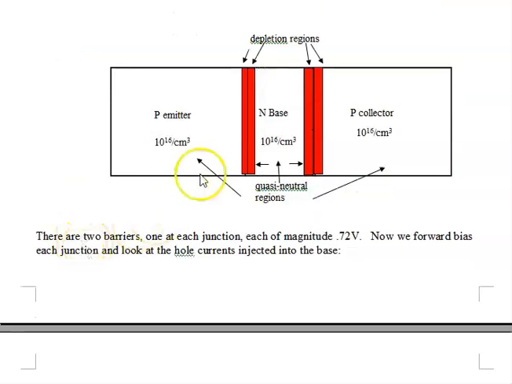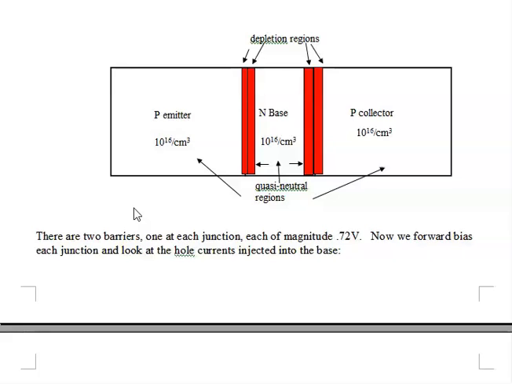Again, there are two barriers, one at the emitter base junction and the second at the base collector junction. Each of those barriers has a magnitude of 0.72 because 10 to the 16th doping is 0.36, and since it's 0.36 on the P side and 0.36 on the N side, the total barrier here is 0.72, and the total barrier here is 0.72. Now, this is what I make for my friendly device designer, and he decides to forward bias